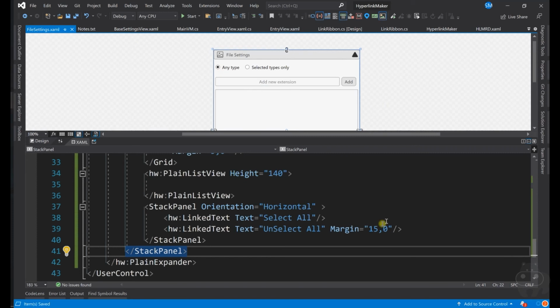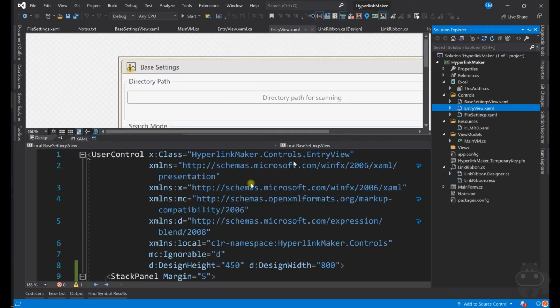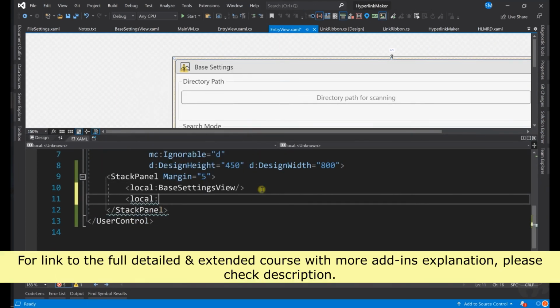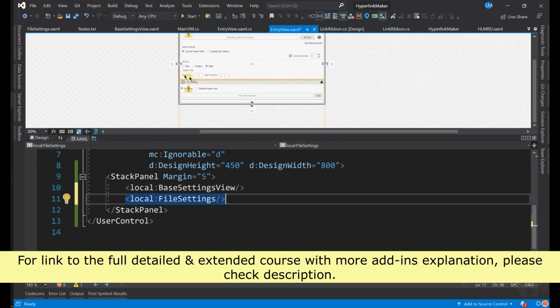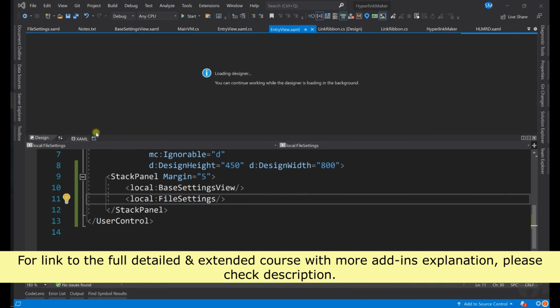Let's save this and go back to your entry settings, file settings, which is added next to this. So let's save this, turn off the project code, and see if you do not have any errors.